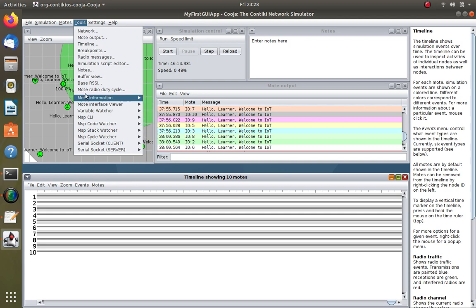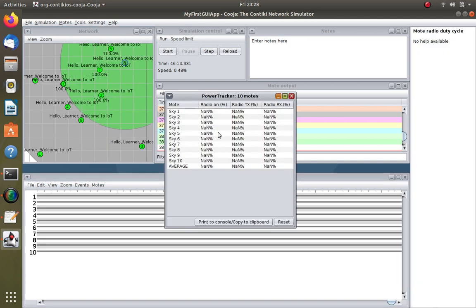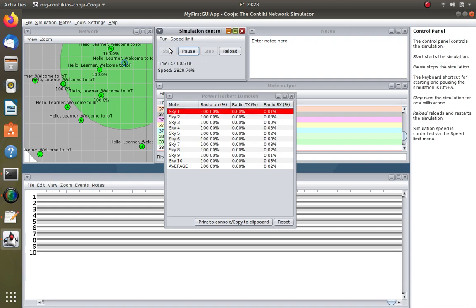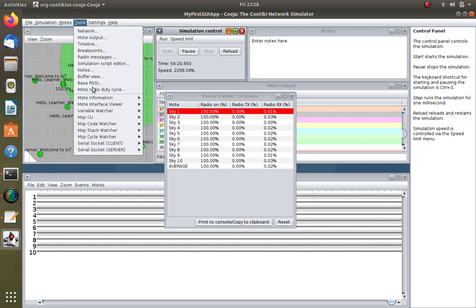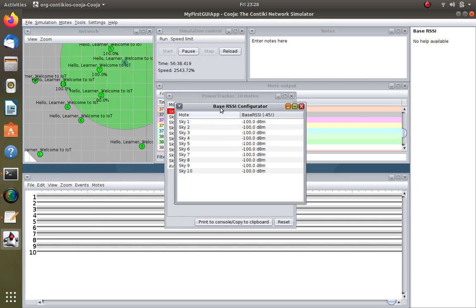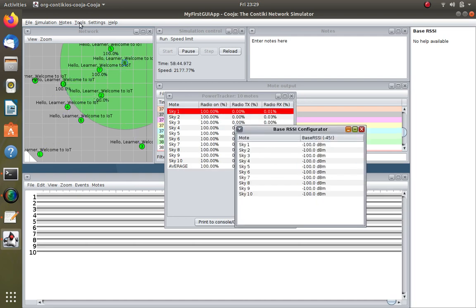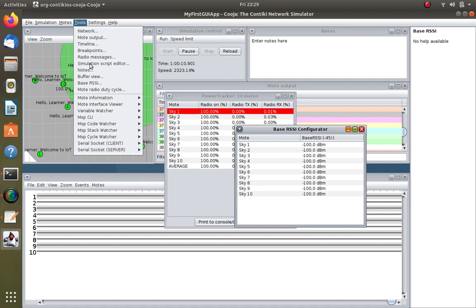And in the tools we can see there is so much information. You can even check the radio duty cycle. As of now, maybe I'll just check how much radio is occupied for each, and totally I use 10 nodes. So for each and every node it tells how the radio is occupied, what the radio is receiving, and what the radio transmission is. These things you can also view or watch. And not only that, RSSI you can see in decibels. RSSI means received signal strength indicator, and the buffer we can see.